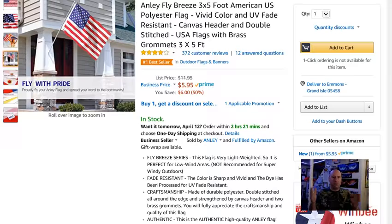This thing is beautiful. It lasts at least a year, and then once it starts to fray a little bit, I take it down, I fold it into the triangle, and I put it in my display. I've got a little display where I've put all my American flags over the years that I have utilized. So I just button it up into the triangle, I put it in my cabinet, and I put the